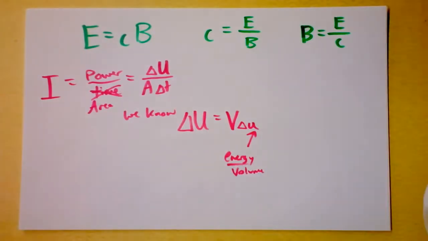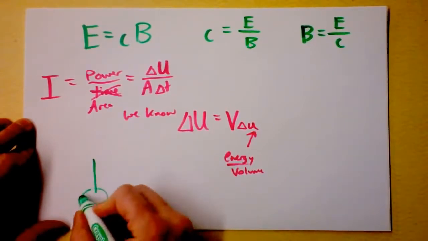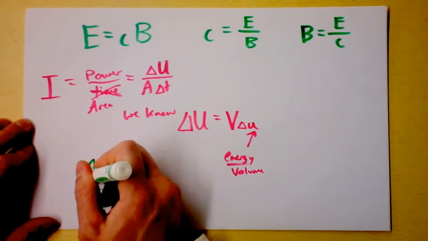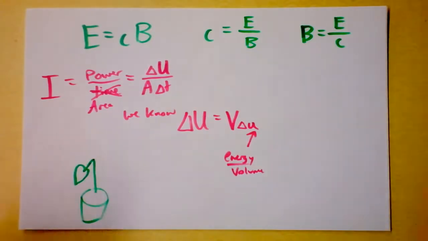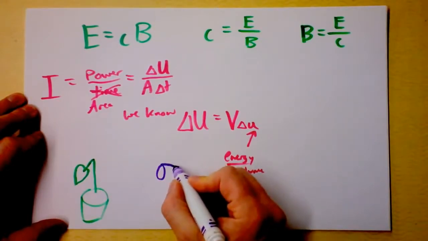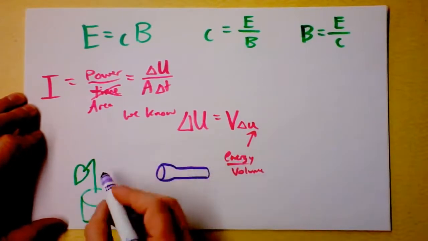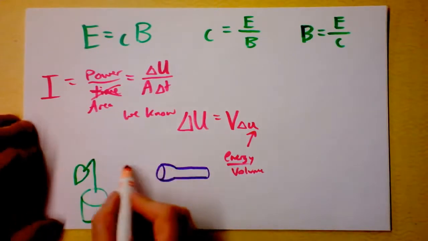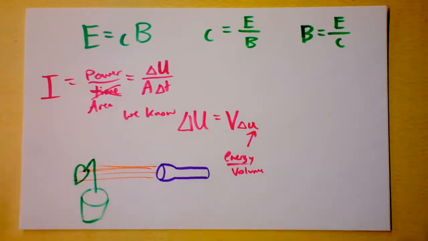Today is, in fact, Valentine's Day, and I'd like you to consider a very small potted plant. It's the beginning of a redbud tree, and there's a flashlight over here, or shout out to England, an electric torch. It is on, and it is shining a light at the potted plant. What color should light be? Orange. Okay, so light's coming out of the electric torch and hitting the potted plant so that it can photosynthesize